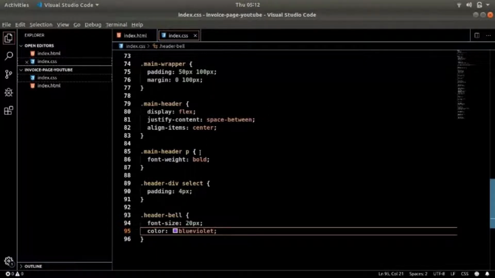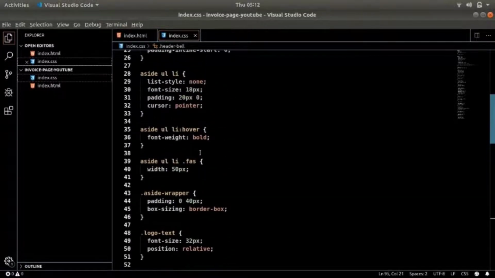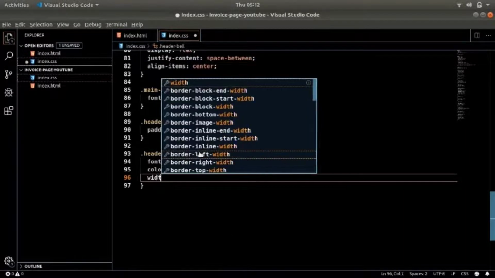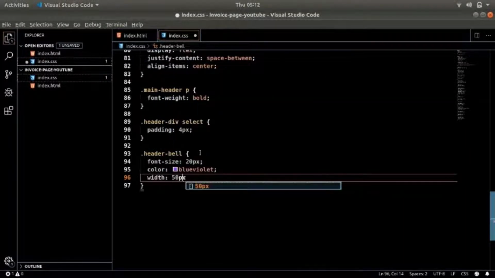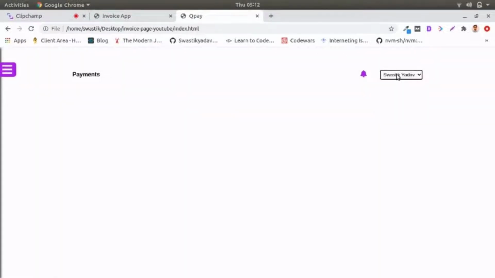So for that I can, let's see, yeah, I can give it a width of 50 pixel. Here we have it, right? Okay, so we got it built.